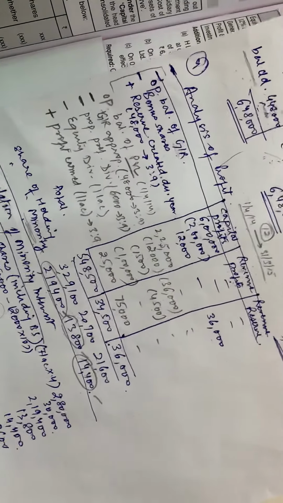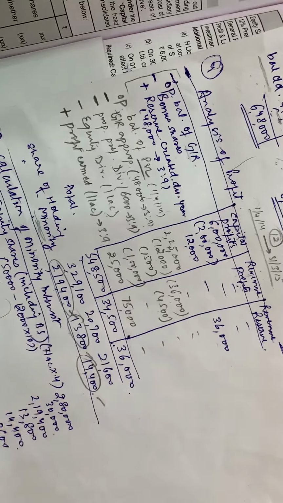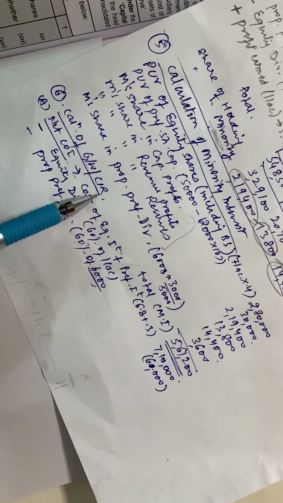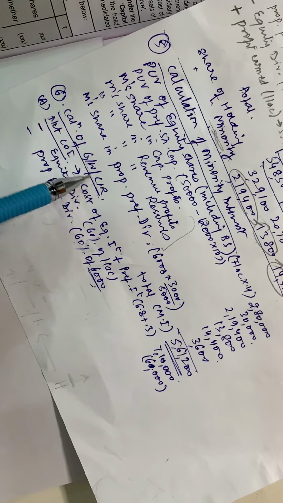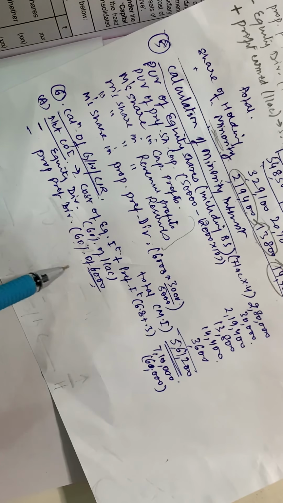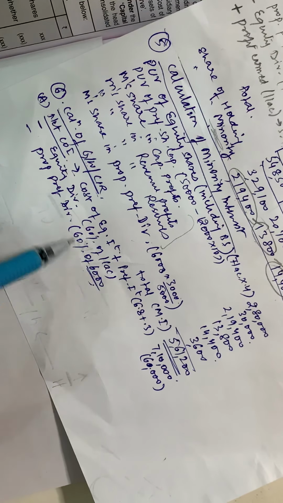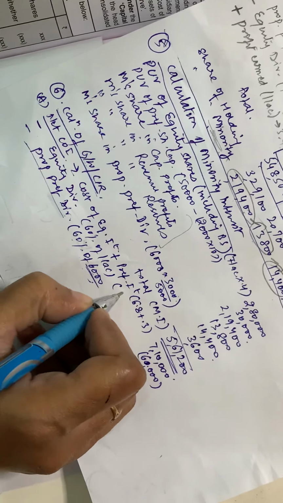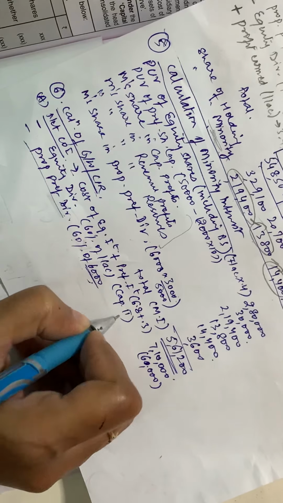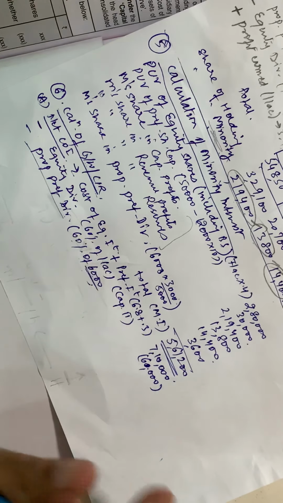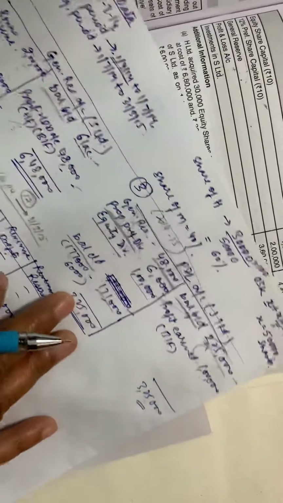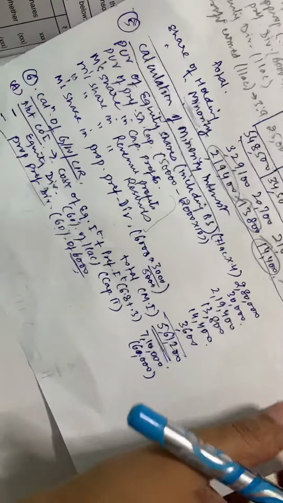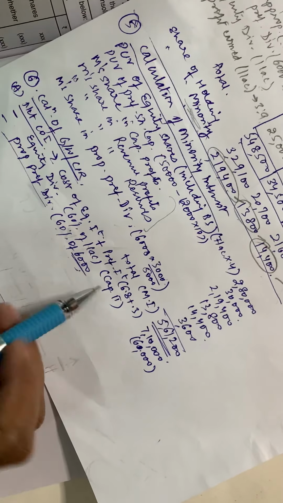Why not 6,000? Because over here you will include in the calculation of cost of control or goodwill or capital reserve only that dividend which has been paid from capital profits. This whole 1 lakh was paid from the opening balance of the profit. Similarly, this 6,000, only